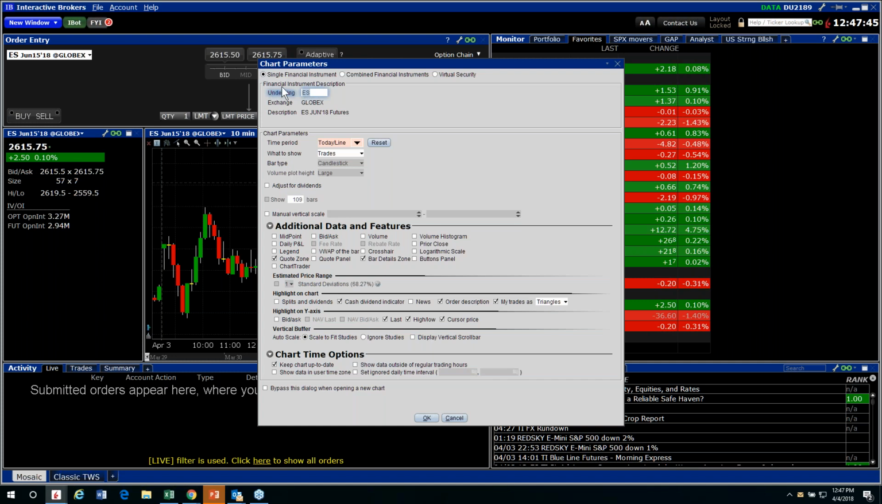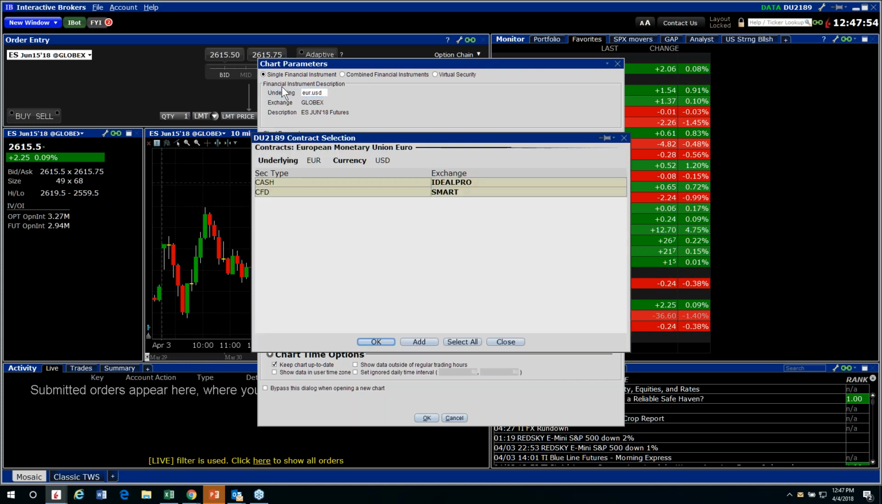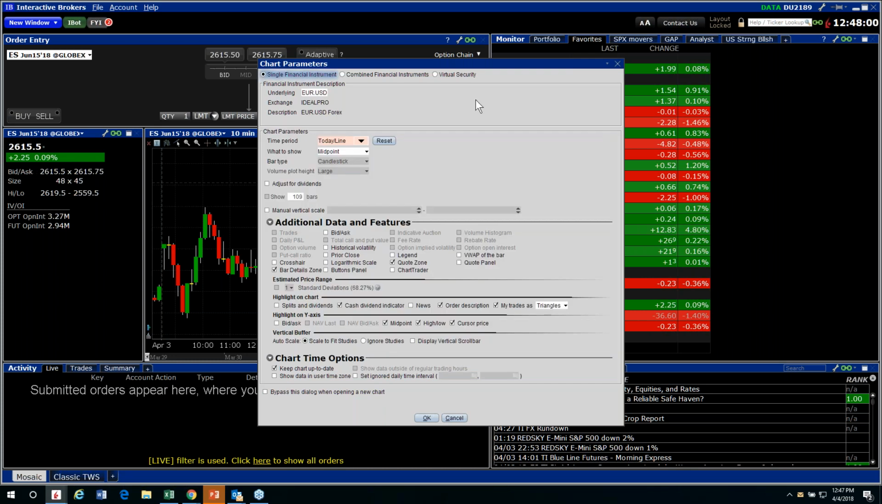Okay, I'm going to go back up and let's add EUR.USD just to give you an idea of a Forex currency pair. Once I make that selection here, you will have to identify this, and I'll go ahead and click OK. Now notice that in my chart parameters, I only get the bid and or the midpoint, the bid or ask,